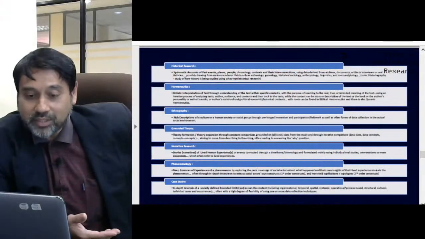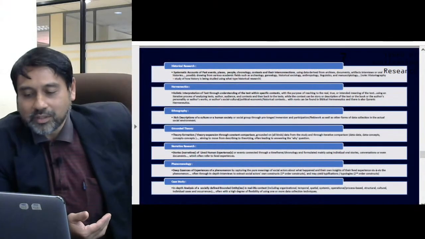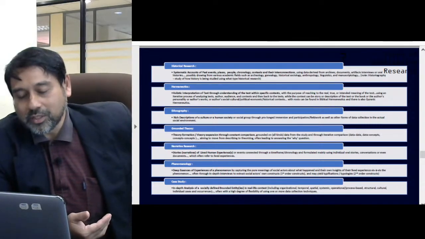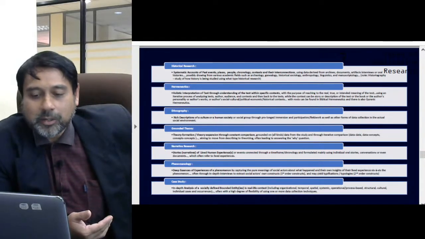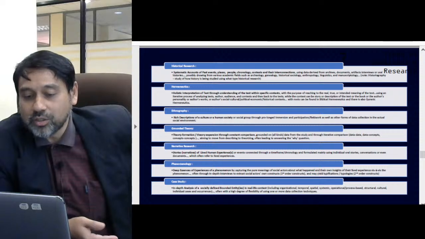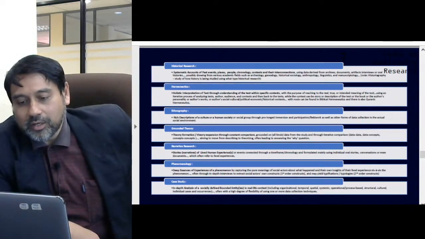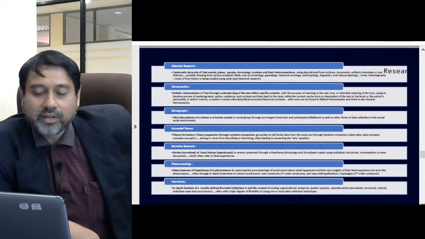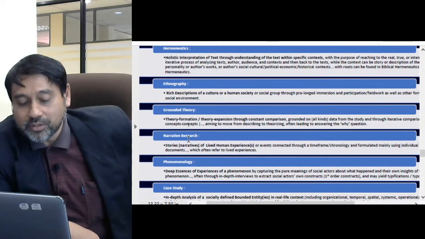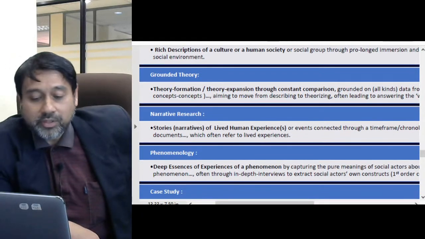So these are the 7 types of qualitative research. If you go through the last slide, we talk about historical research, systematic accounts of past events, past places, people, chronology, context, and the interconnectedness. We talk about hermeneutics, one of the oldest qualitative research, oldest methodological traditions. Ethnography, producing rich descriptions of culture, of human society. Grounded theory, leading towards theory formation or theory expansion through constant comparison. The 5th one, narrative research, research that produces stories of lived human experiences. Phenomenology, research that